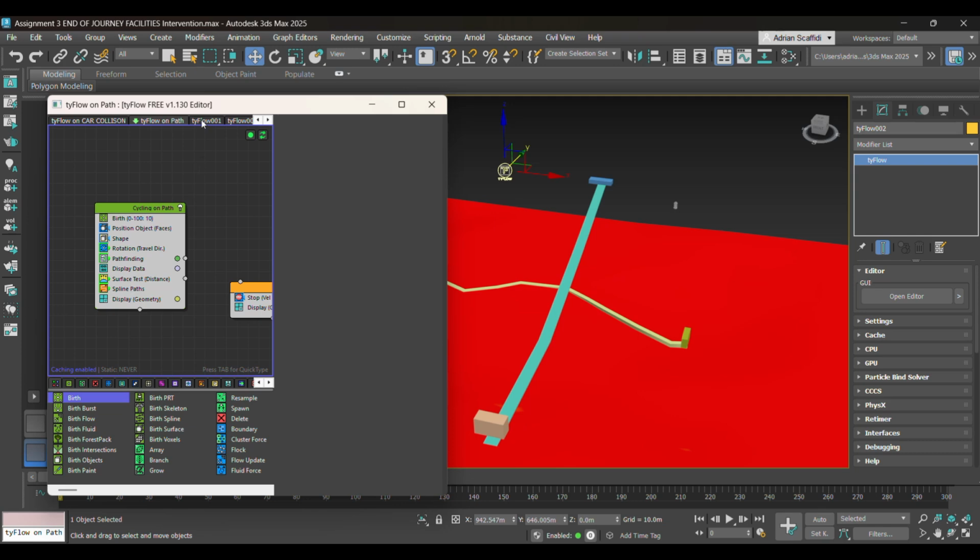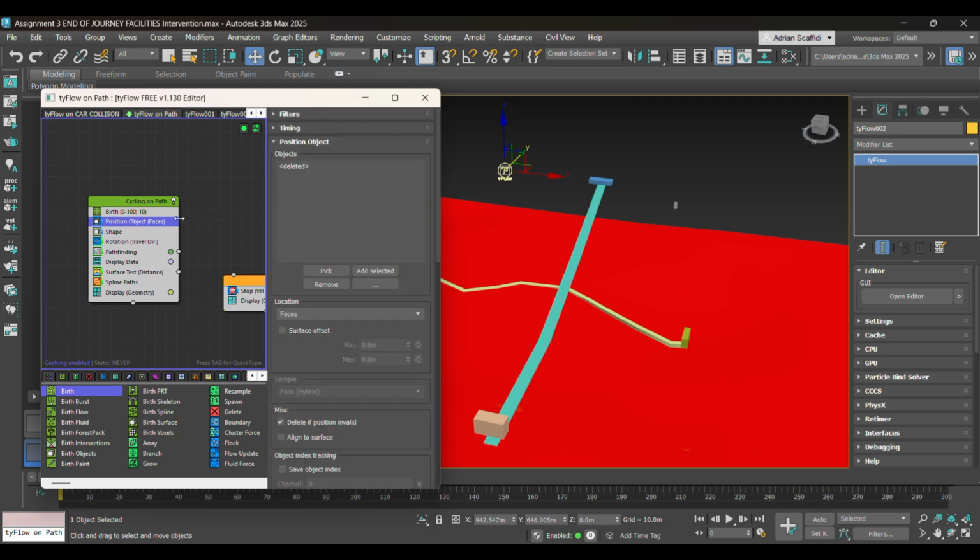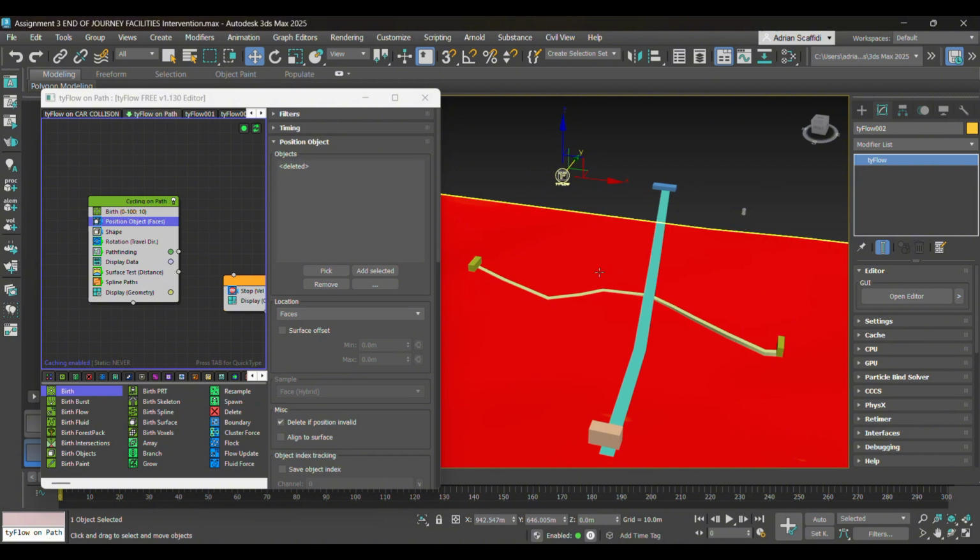Now this one here is our cyclist, so we want to import a cyclist this time. Position objects is the same sort of concept: you have to select the path and select the beginning and end. So we'll remove this one here,